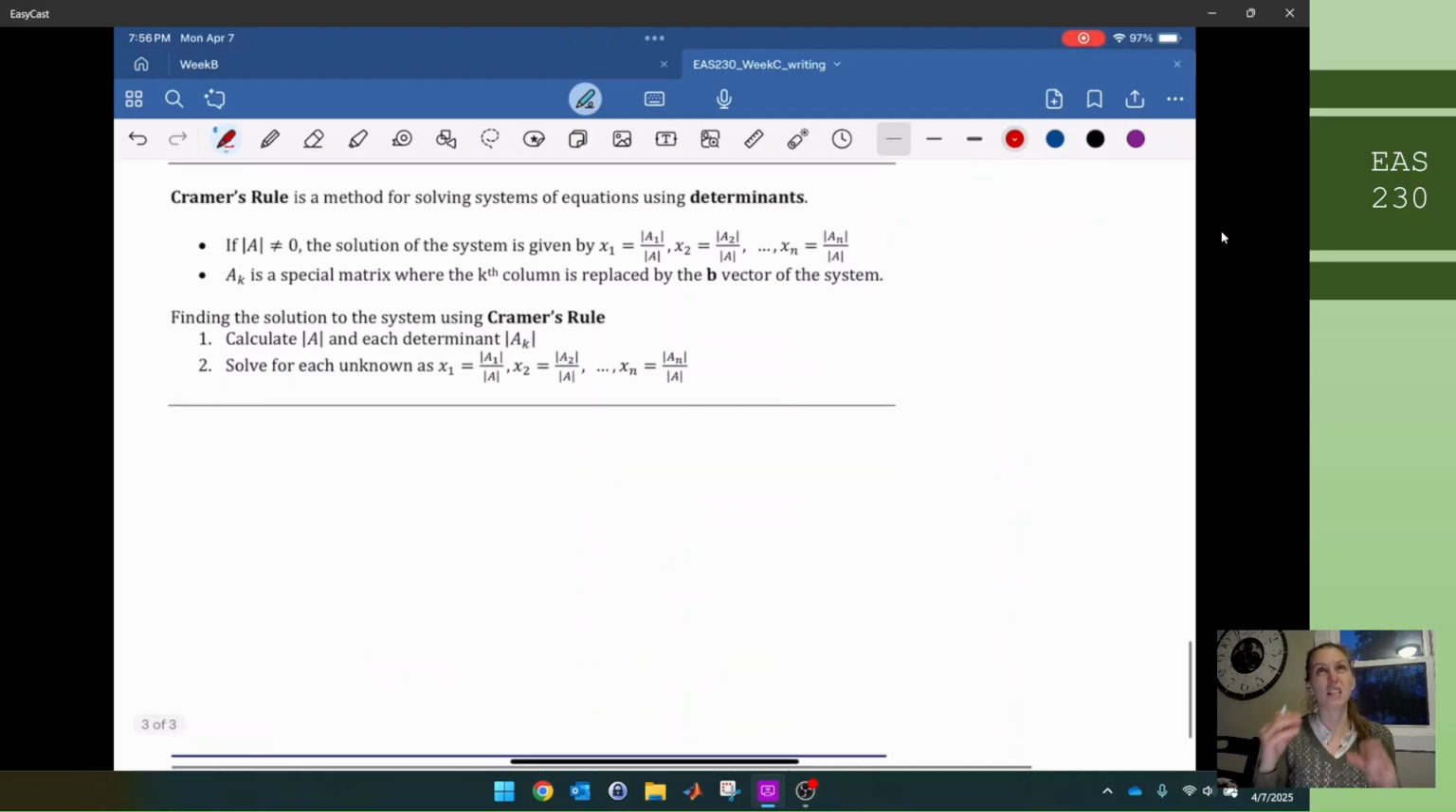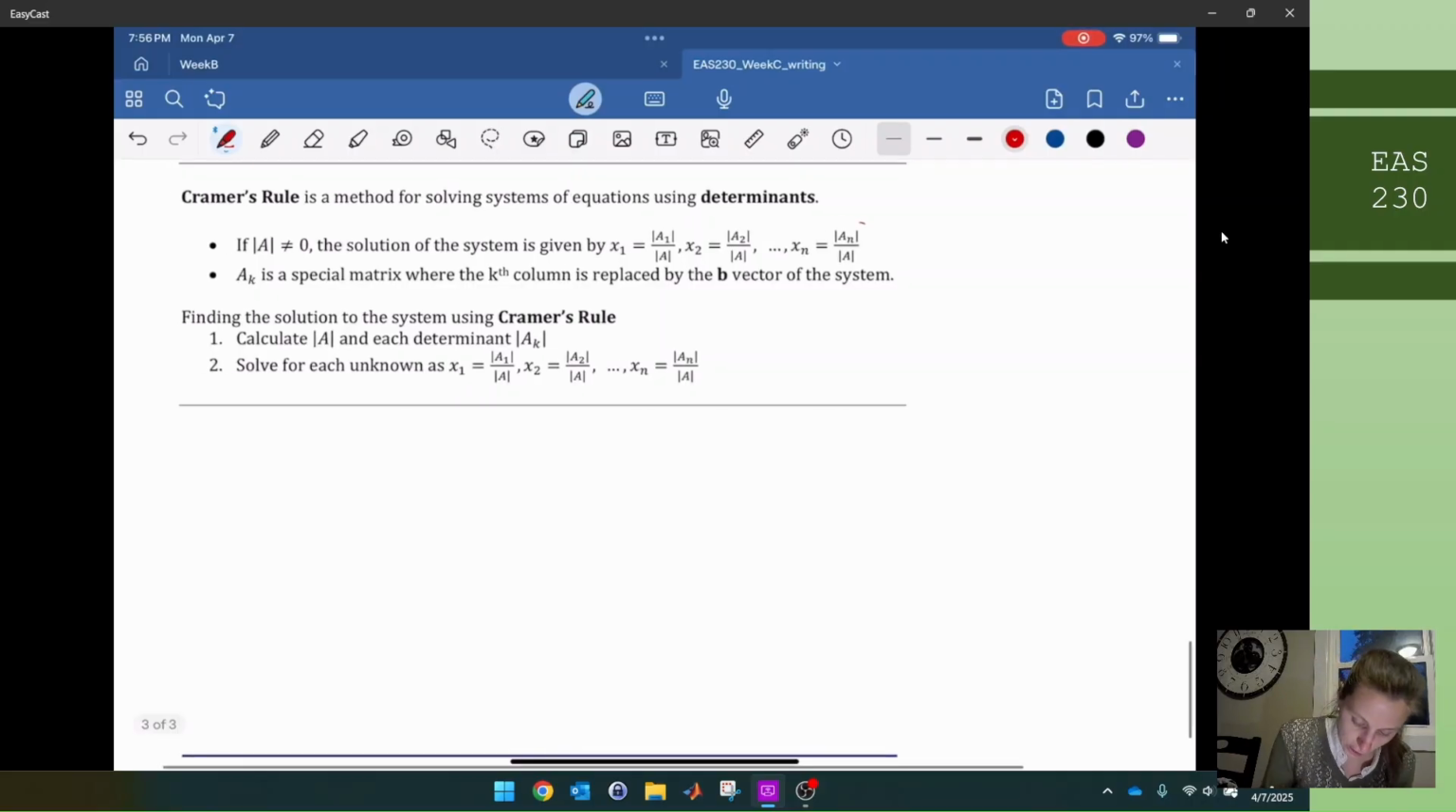That is the root of most of this section and most of this week. However, there is one more thing to cover, and that's Cramer's rule, which is another method of solving systems of equations that only uses determinants. We can prove this if you want, but it works. As long as the determinant isn't equal to 0, the solution of the system is